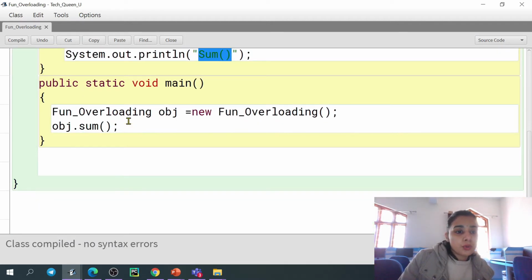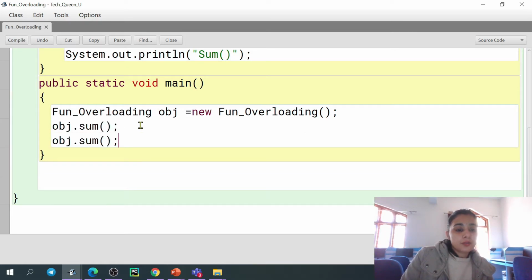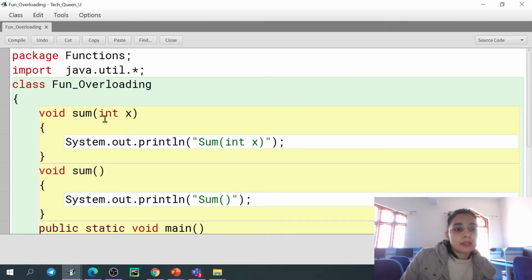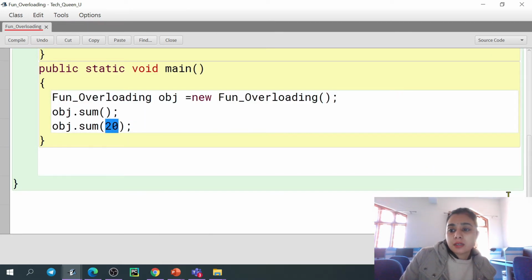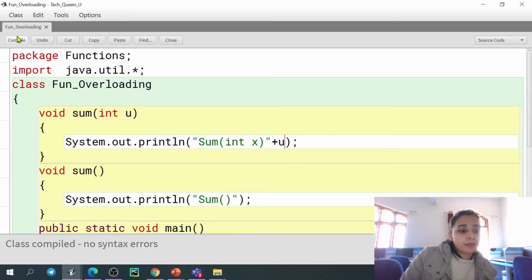If I want to call the other function also, for that I have to mention the value, that is 20. Now that value will get received by this, but we are not using it. So simply you can print it also here, like x is, I'm just printing there, right? You can change the name also. This is my formal parameter and these are my actual parameters, as we have discussed earlier, right? So here give u. So if I'm calling,